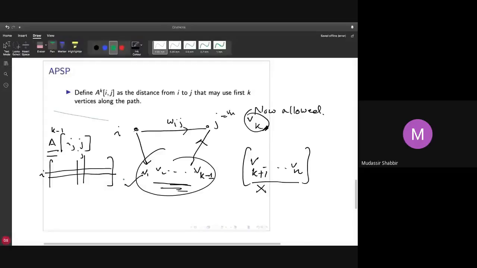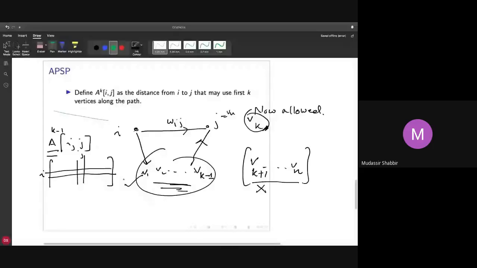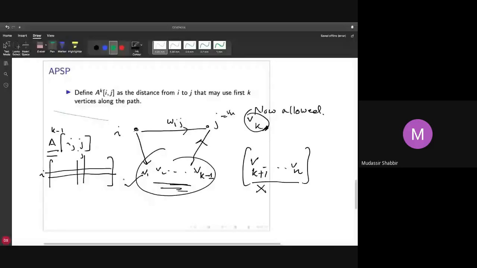You can do this by something that we learned last time when we were doing single source shortest path. We actually used something called triangle inequality, which